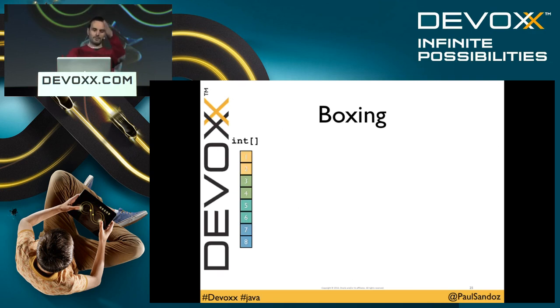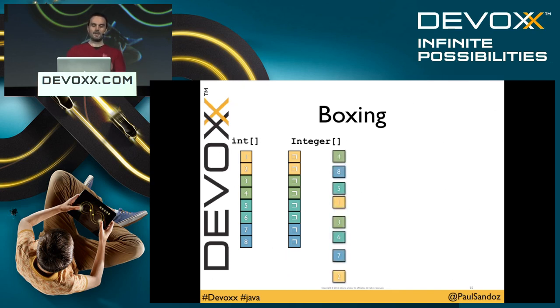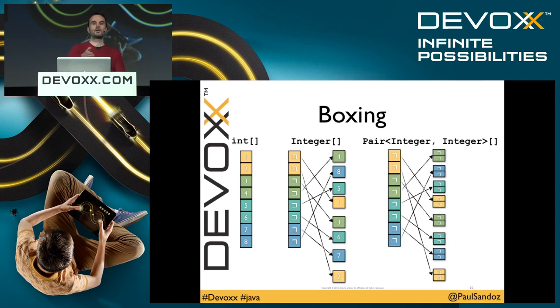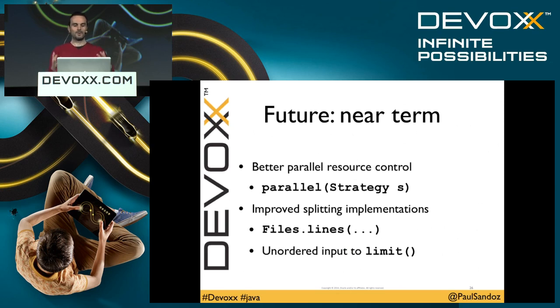So if you have an int array and compared with an integer array, the integers of that integer array are spread out in memory. They're all over the place. And that chasing blows the caches because it's not predictable, and it affects the performance, because when you get a piece of data from memory, you'll get other pieces of data which are close to it. But when you're traversing an integer array and unpacking the boxes, the data's not where you want it to be. And it gets worse when you have pairs, and so there's more pointer chasing going on.